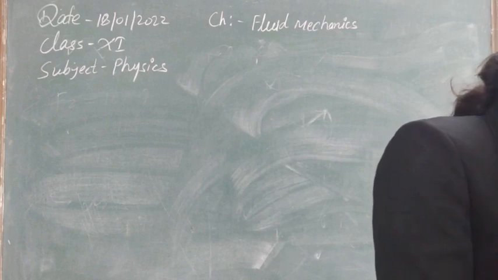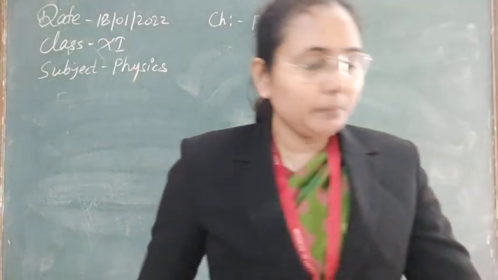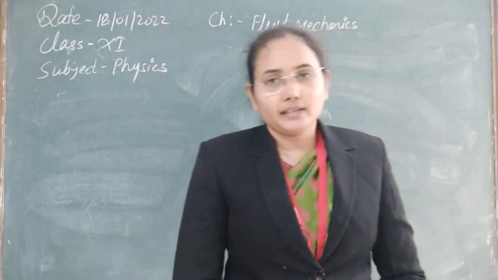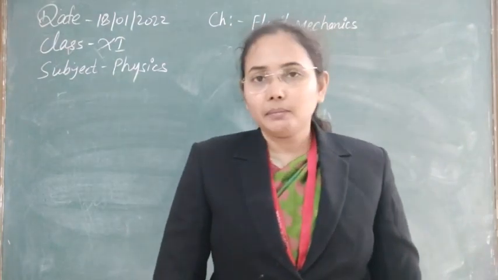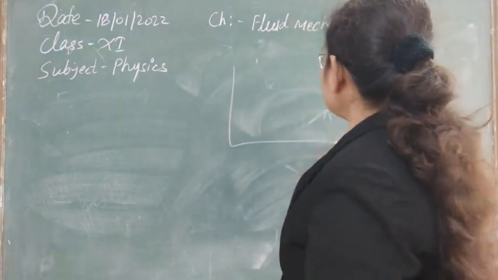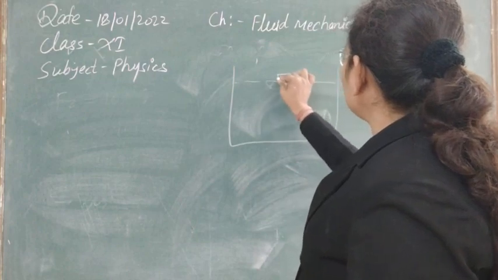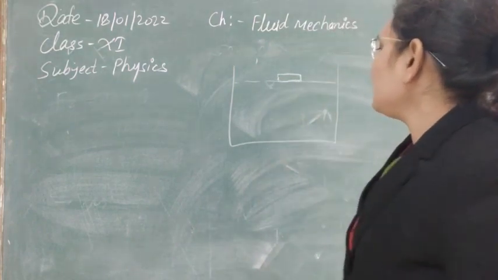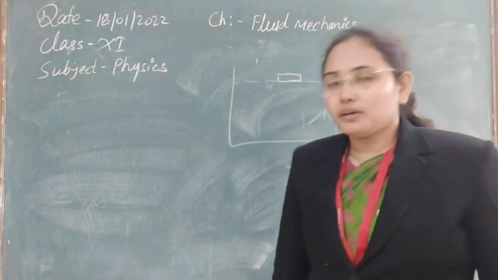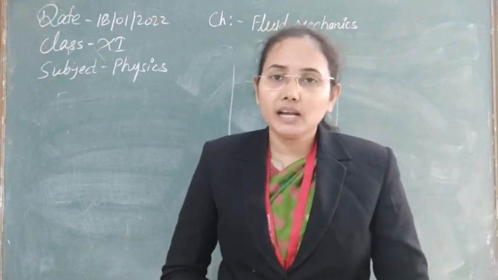The very first question we have: a razor blade can be made to float on water. What forces act on this blade? Is Archimedes principle applicable here? Suppose this is a container where liquid is present, and on this liquid surface a razor blade is kept in this way, so that it floats and never immerses in water. Whether the Archimedes principle is applicable here means whether buoyancy will act or not.